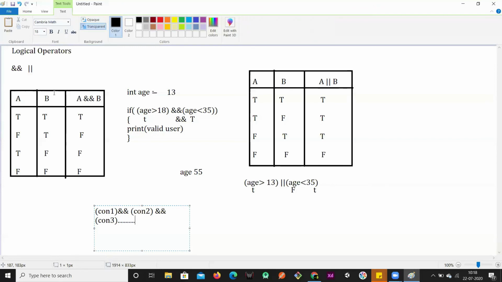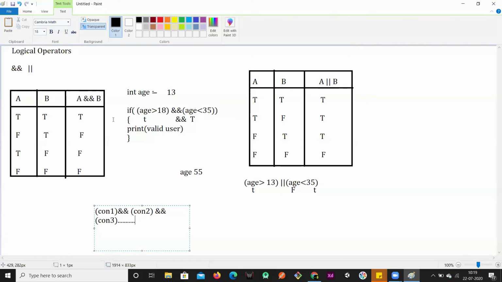So here the variables will increase, the number of columns will increase. So A, B, C, D, E, F. The number of columns will increase, and in this case, all the conditions have to be true. Then only the expression will be true. In the case of OR, either the third, or the second, or the first. If any one of them is true, then it will be true. So this is the logical operator.